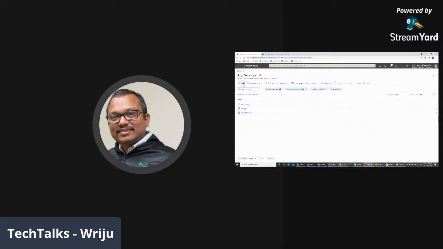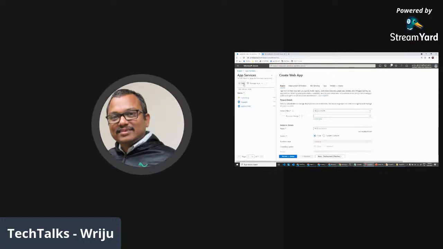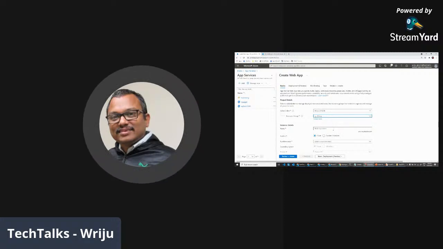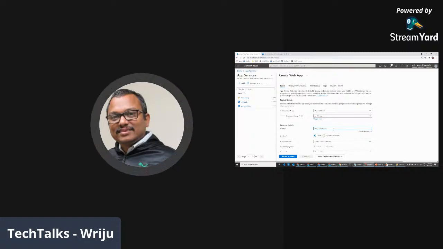And I'm going to go ahead and say add. The moment I say add, it comes with a wizard-like interface. And that's where you can either create a new resource group or pick an existing resource group. So I can pick my existing resource group and then give a name which should be uniquely identifiable. Now,